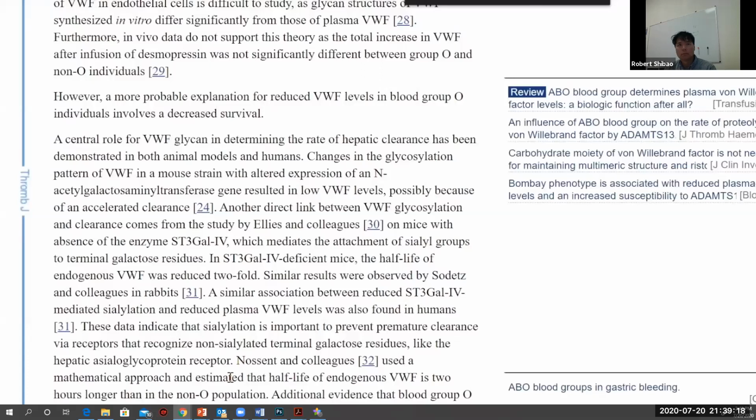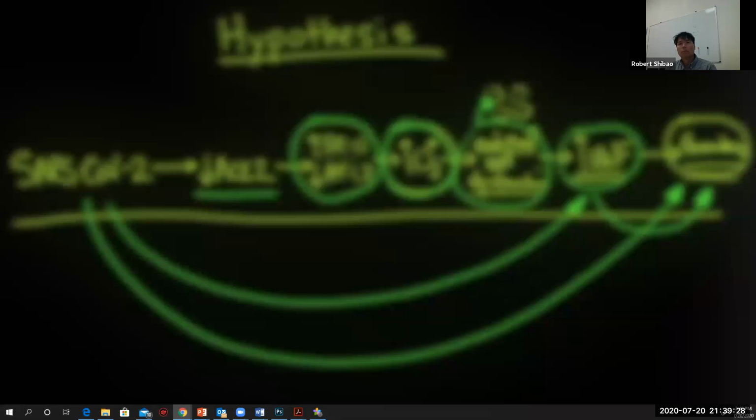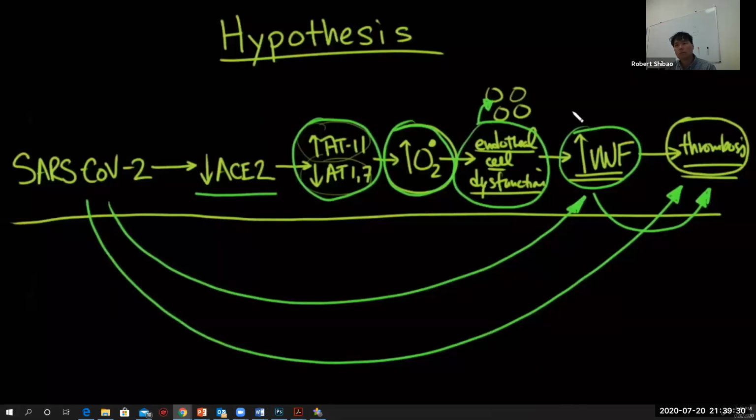And it seems as though, according to this article, blood group O, for some reason, increases the clearance of von Willebrand's factor. So it very well may be that this increased von Willebrand factor is what is causing the thrombosis. And there are several mediators of this increased level of von Willebrand factor, not the least of which could be ABO subgroup types. So it would seem reasonable that if we were to put patients on anticoagulation, we might be able to reduce the risk of death.